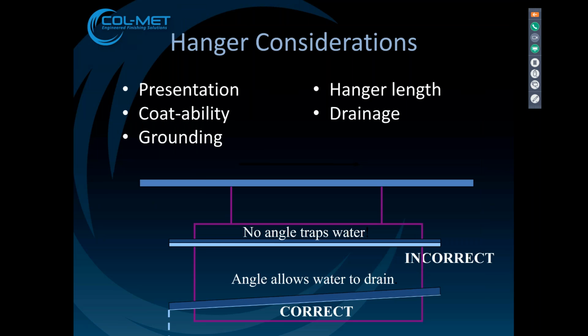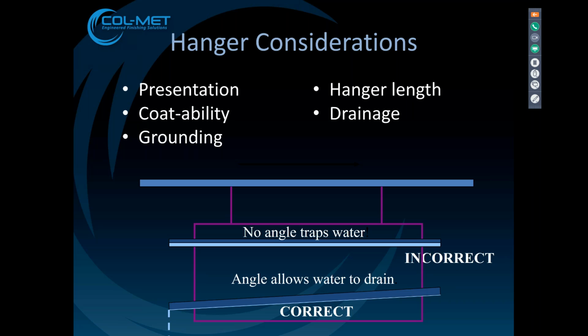Again, some things to consider when you're designing your hangers are the presentation to coating and also washing. Do they hold the part in such a fashion that it's easily coated? Grounding is very key. Hanger length is very key, so we maintain the powder inside the spray chamber, and drainage. If the parts that you're coating have to go through a process washer, we need to make sure that the parts are hung in a manner that allows the